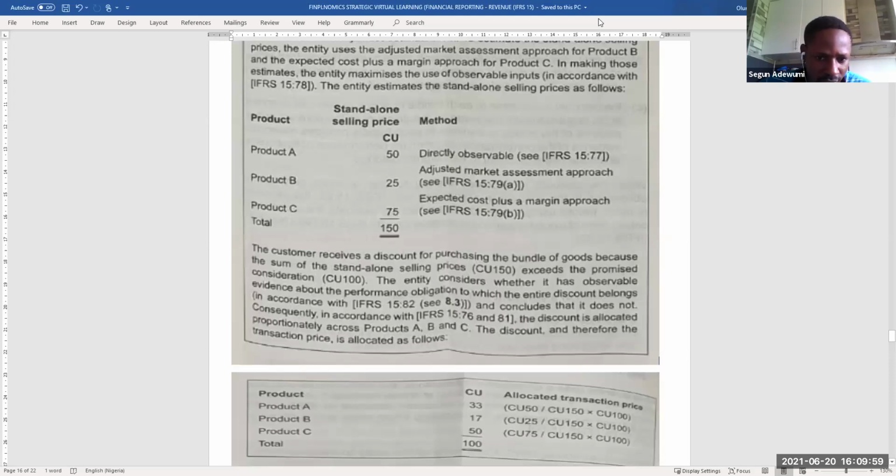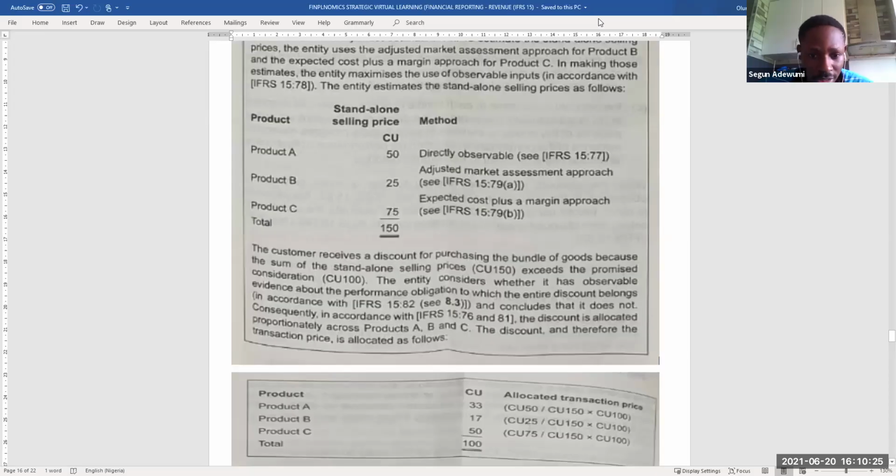Product A, 33 CU, that is 50 CU divided by 150 CU times 100 CU. Product B, 17 CU, that is 25 CU divided by 150 CU times 100 CU. Product C, 50 CU, that is 75 CU divided by 150 CU times 100 CU. The total